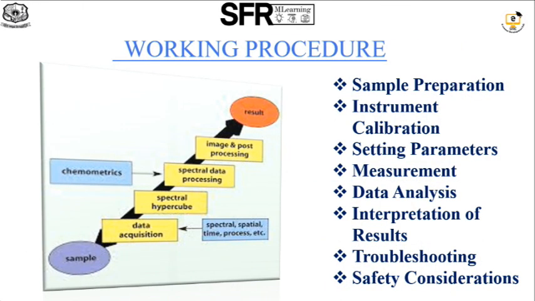Next, the working procedure of spectroscopy. First, we collect and prepare the sample for analysis. Second, choose a radiation source. The radiation interacts with the sample, and we measure the absorbed, emitted or scattered radiation. Then we generate the spectrum to analyze and identify the sample characteristics, which are the composition, structure and properties. Last, we draw conclusions from the results.